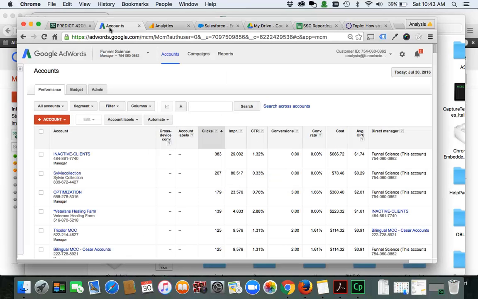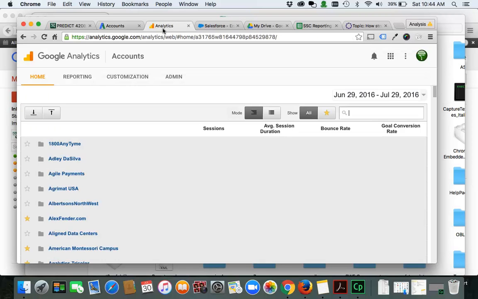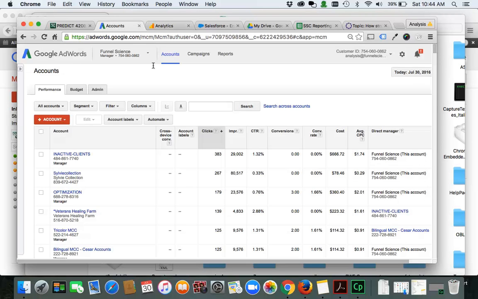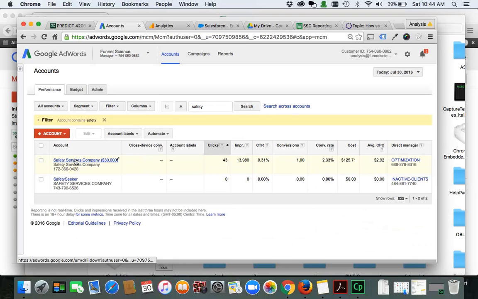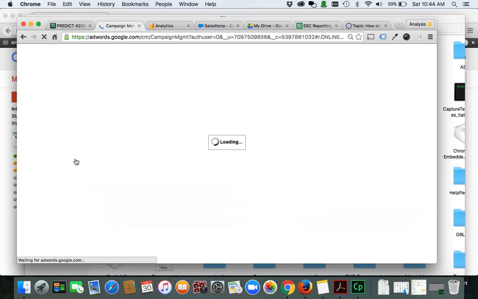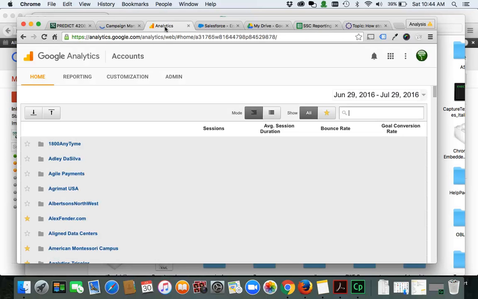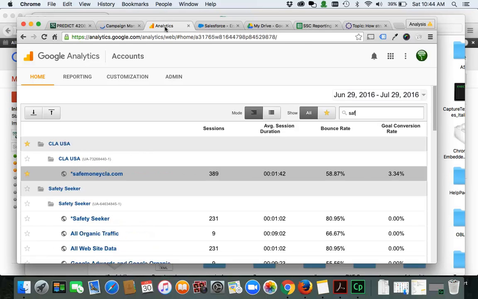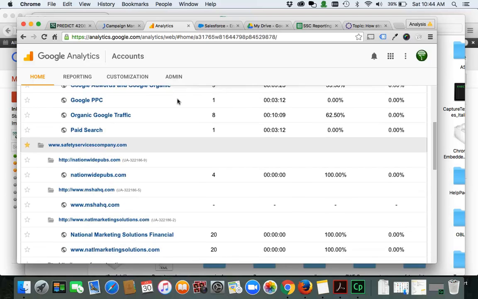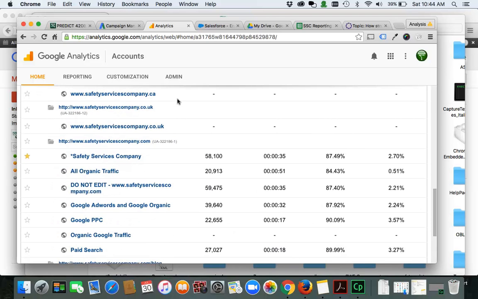And so what we deal with is the relationship between advertising data such as Google AdWords, and then we combine that AdWords data feeds into Google Analytics. So I'm going to start with the client preview. This company sells safety training, and so in Google Analytics we're going to go down to their analytics profile,